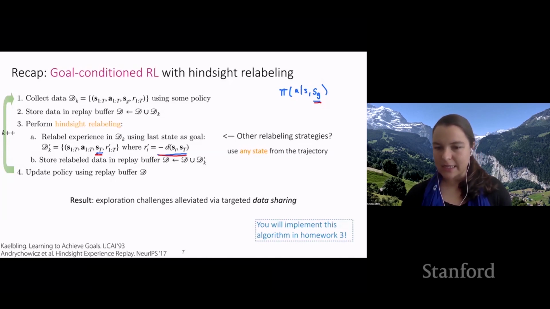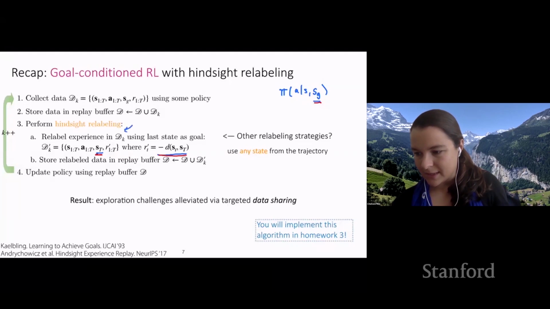And then is asking, shouldn't we constrain that if ST is one of the goal states for one of the tasks that we want to perform, and then only perform this augmentation? Yeah, so if you have a set of tasks that are the ones that you care most about, then you could choose to relabel only for those sets of tasks. So basically have a rule here that says, if ST is in my set of goal states,